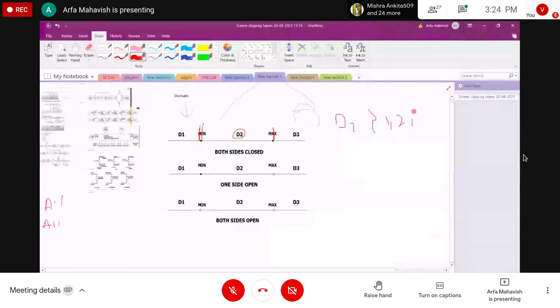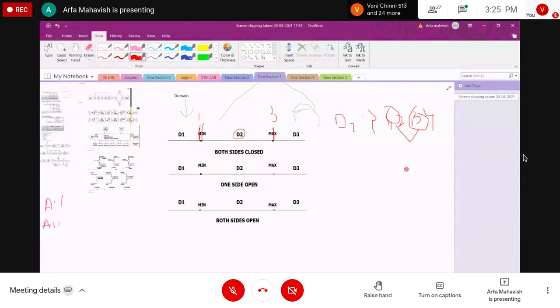In the place of minimum you can give the value 1, and 3 over here, and 1 and 3 are the boundary of your D2 domain. So this is the example using numbers, where minimum and maximum are the boundary.